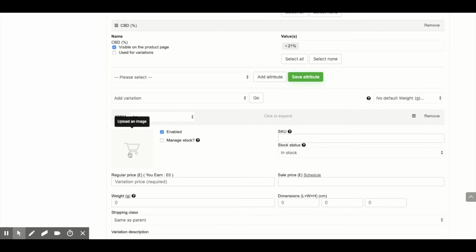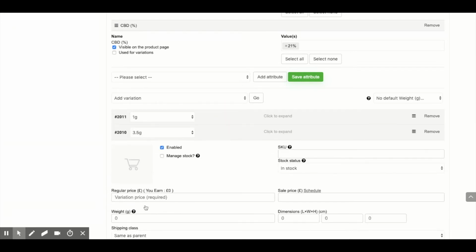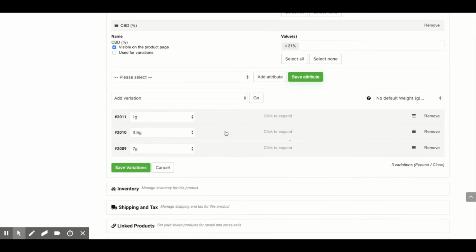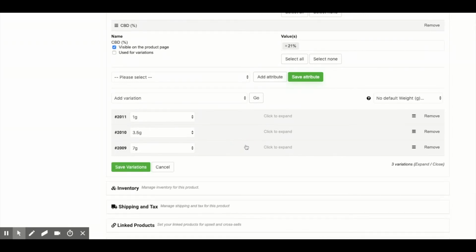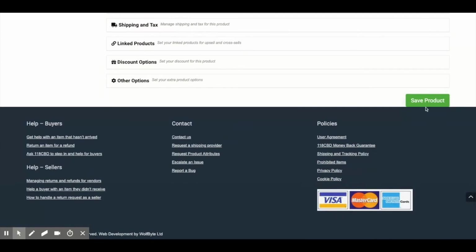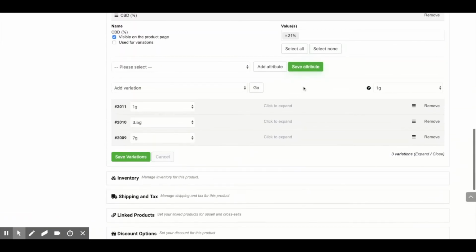And then at the variation level, you can set the image, manage the stock, the SKUs, and the prices. So I'm going to set the price to be £10, £20, and say £35. And on the right hand side over here, you can change the default weight. So when someone views your product, instead of them having to choose an option, you can make it default to 1 gram, for example. So if we save the variations, and I'm going to save the product,